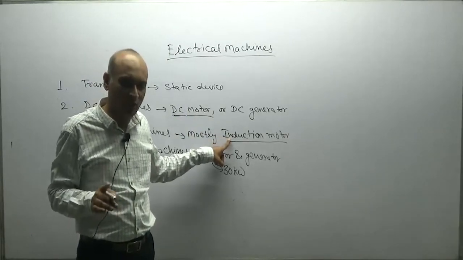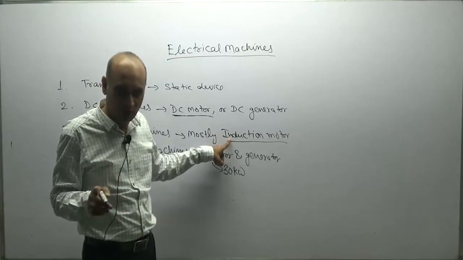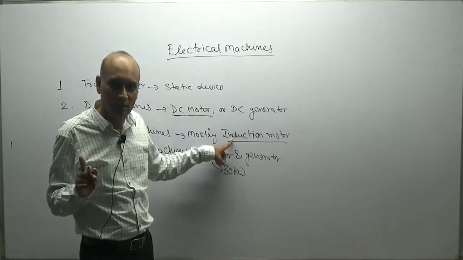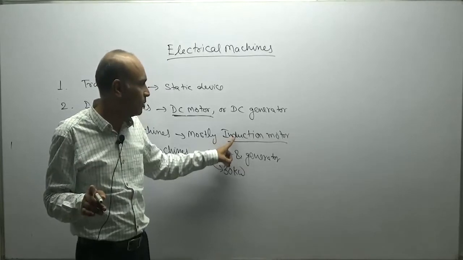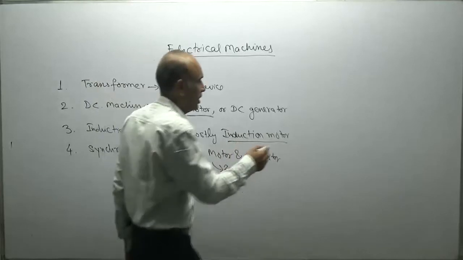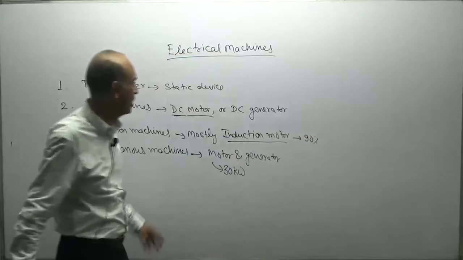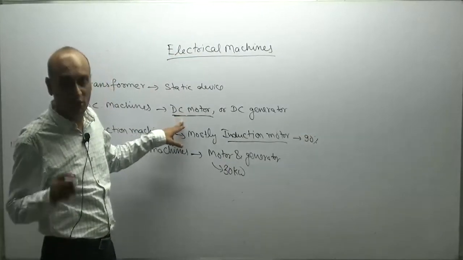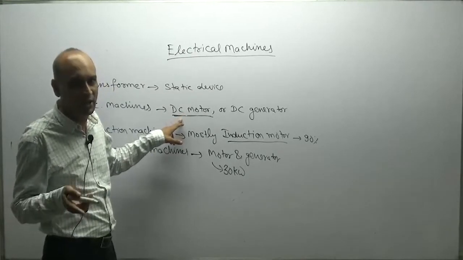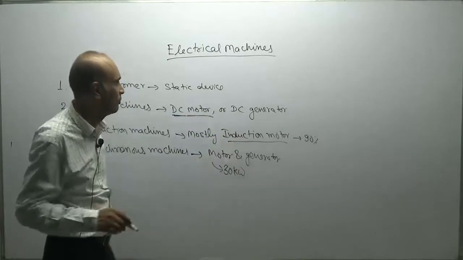There are 2 types of induction motor, squirrel cage induction motor and slip ring induction motor. Squirrel cage induction motor is the motor which is widely used all over the world. 90% of motor applications are squirrel cage induction motor. So, what I have told you, DC shunt motor is also a suitable motor, but it requires DC supply. That's why its application is very less as compared to squirrel cage induction motor.